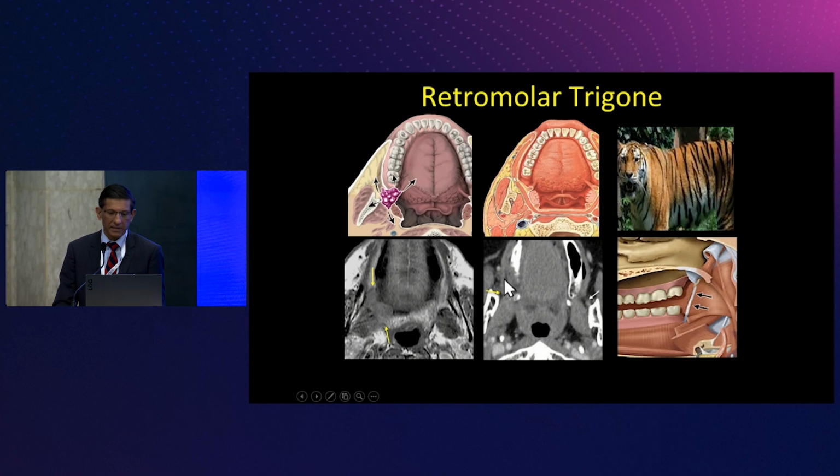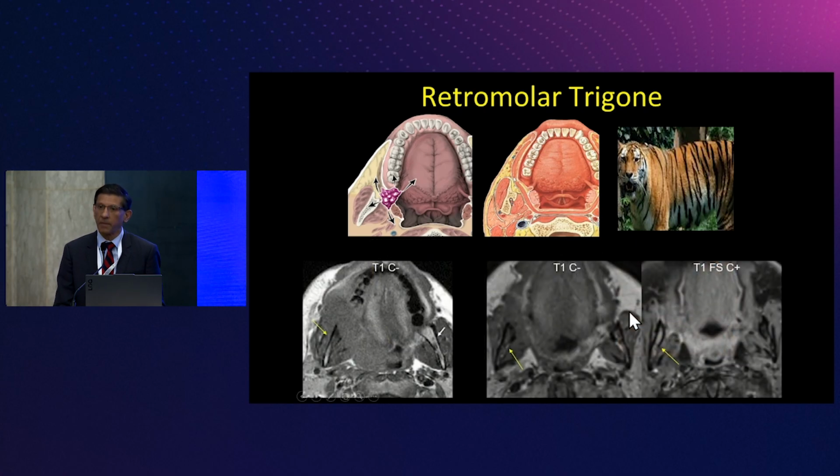Now look at the right side. See, you see the buccinator muscle a little bit? See the smudginess right here in the fat? See the thickening right here? See the loss of the fat planes adjacent here to the hook of the hamulus? See this gray here? See how it's nice and black here? That's that subtle spread. And that's why I think a lot of these retromolar trigone carcinomas do so badly, because we as radiologists fail to appreciate the full extent of it.